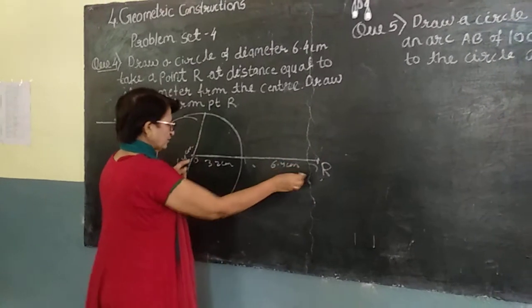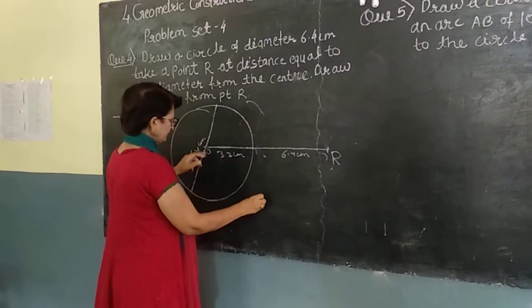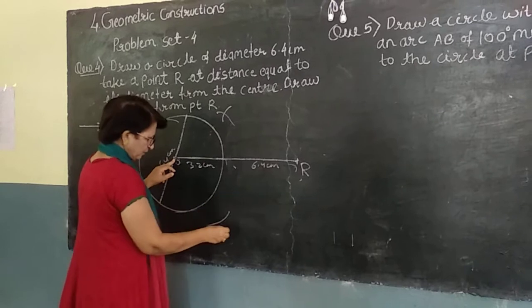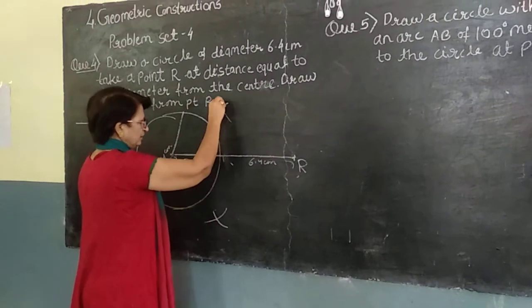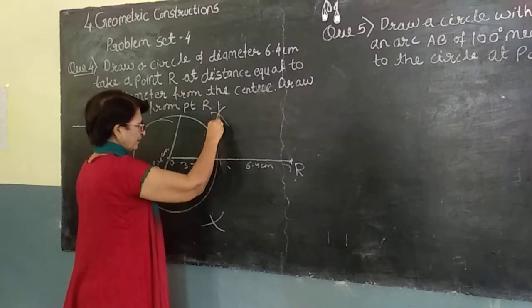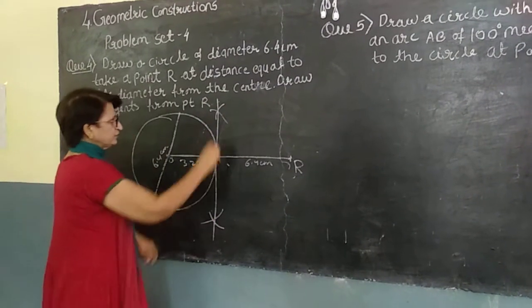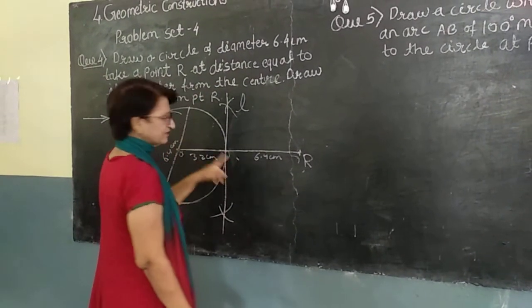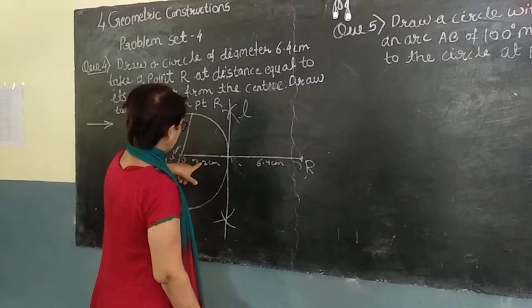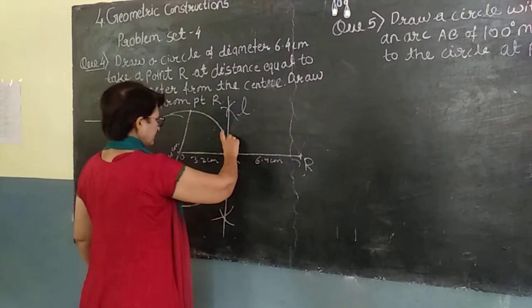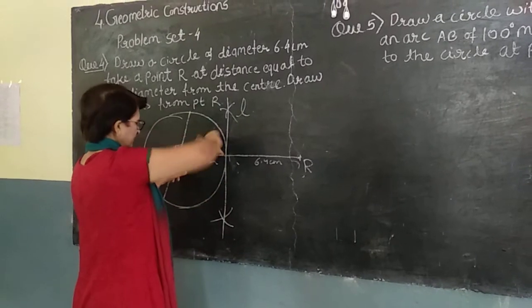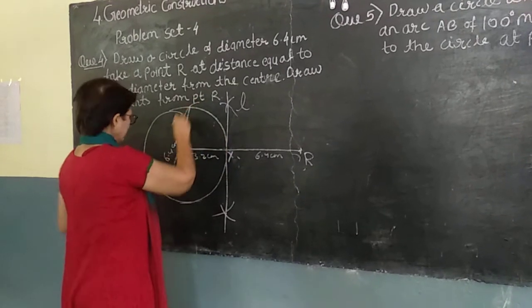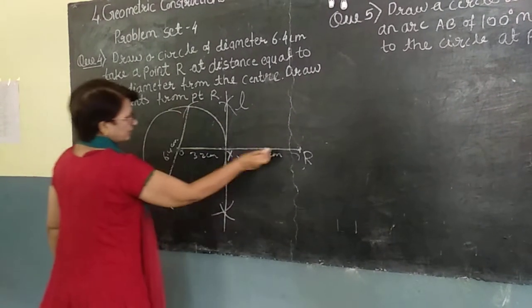Then you know what you have to do. You have to bisect this line, taking more than half from this side and then from point R also, and then draw arcs and join these points. So somewhere here you will get, let it be L. You have bisected this line. After bisecting, what you have to take? Take L with the radius, let it be X, with OX as the radius. Draw an arc here and draw an arc here. Then join these two.